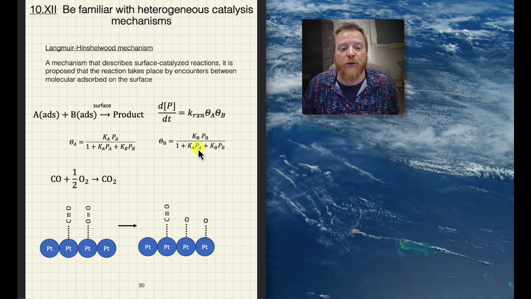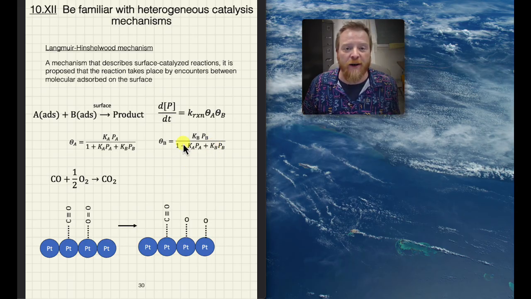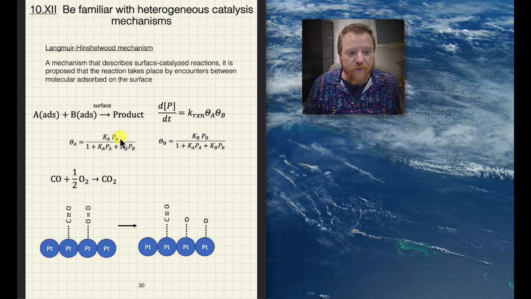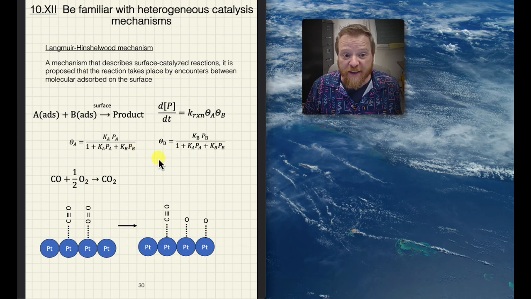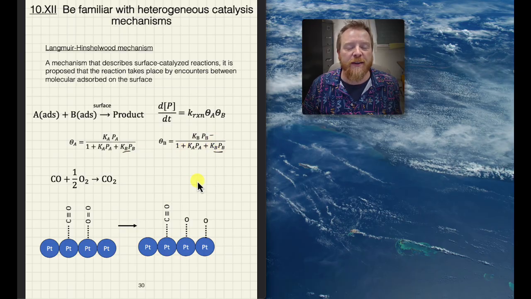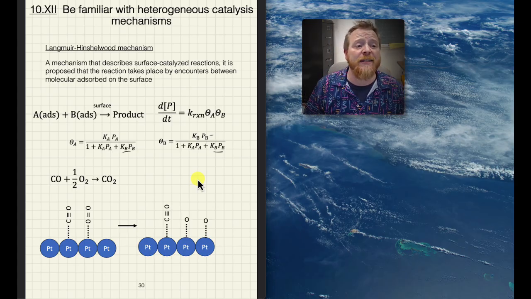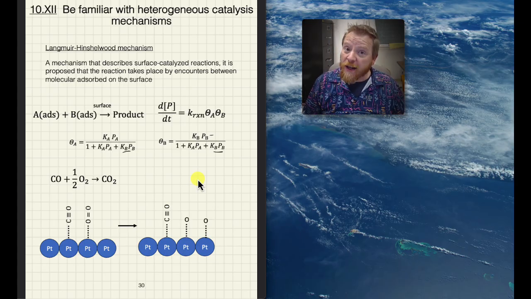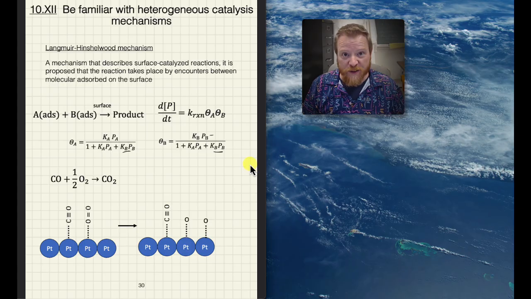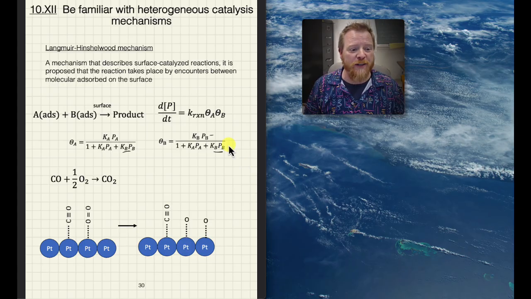And if we were to derive Langmuir isotherms for that, we'd find that they look strikingly similar to just the regular old Langmuir isotherm. However, we have this additional term right here that describes the adsorption of the B molecule. One classic reaction that is thought to occur via Langmuir-Hinshelwood, and it's important to note that mechanisms are only proposed, it's difficult to know exactly which way it's going.